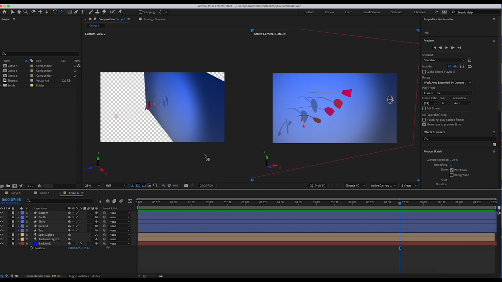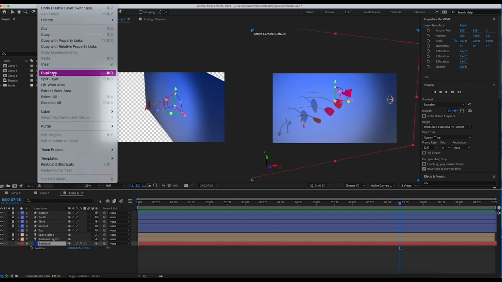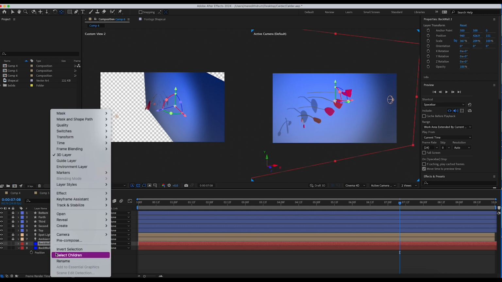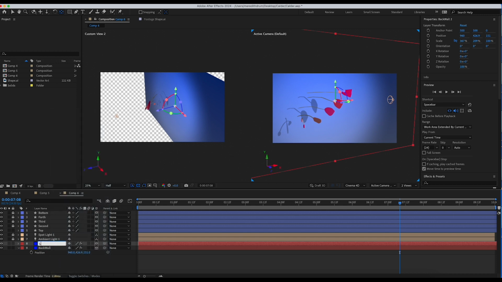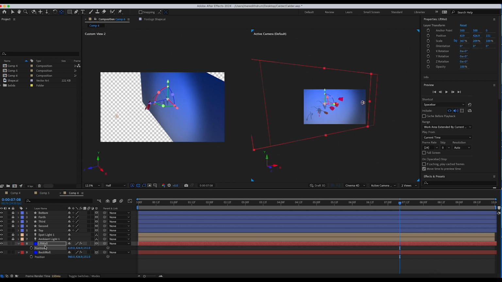Let's save. If you want to have another wall, like you're in a building, sort of just a set, you could unlock the back wall, and you could duplicate this if you want. You could go up to Edit, Duplicate, and it might take a second to figure out how to, let's rename that to call that left wall. And it might take you a few tries to just try to get it in the right position. I'm going to slide it over. And then I'm also going to rotate it.